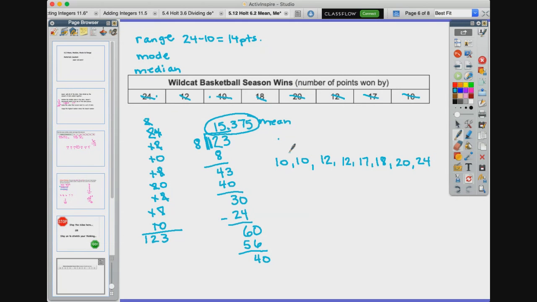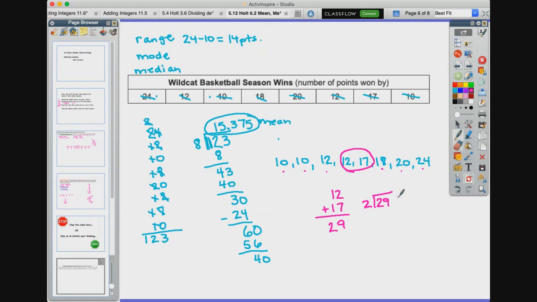All right. So when I get rid of some of these numbers to find the middle, I'm done with that, done with that, done with that, done with that. Okay, now it gets a little tricky. I have a 12 and 17 both in the middle. So if I want to figure that out, I do 12 plus 17, and that gives me 29. Now if I take 29 and divide it by 2, I'm going to find what's exactly in the middle of